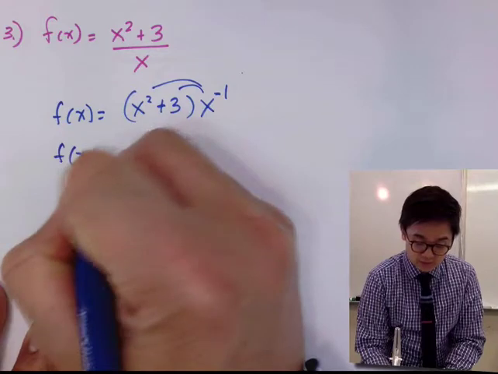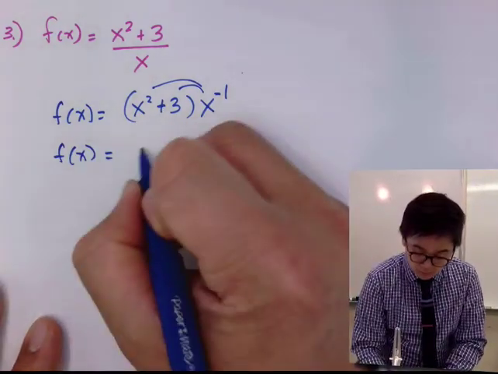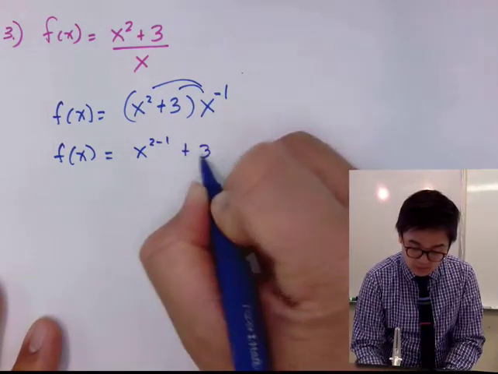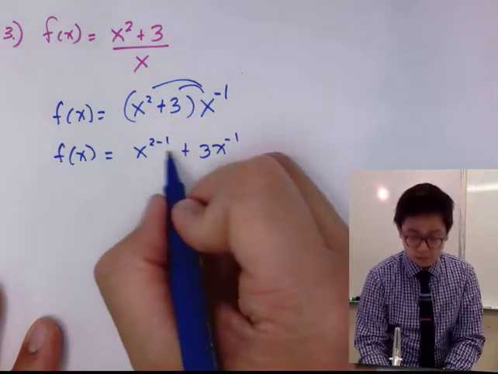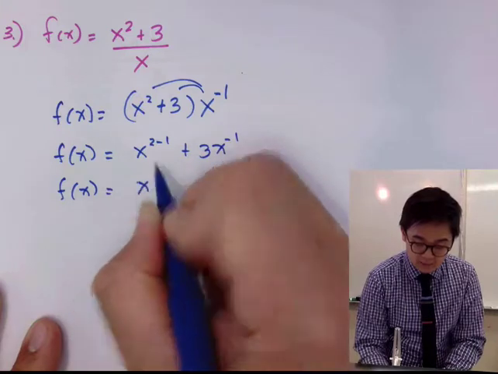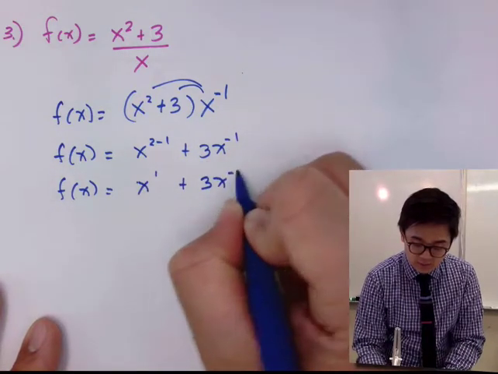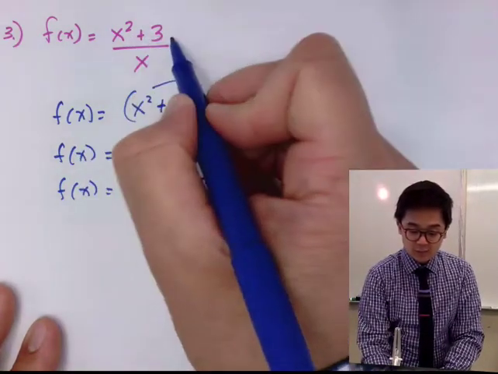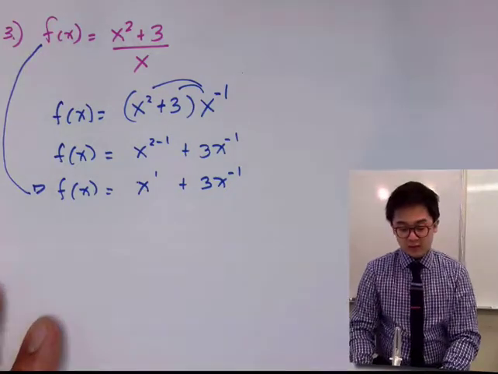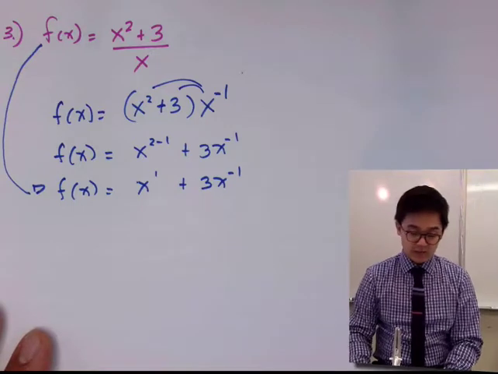So f of x, notice that it's still f of x because we're not doing any calculus work yet. So we're just simplifying this plus 3x to the negative 1. And we know that 2 minus 1 is 1. So f of x is x to the 1 plus 3x to the negative 1. So from x squared plus 3 all over x, now I modified it into x plus 3x to the negative 1,